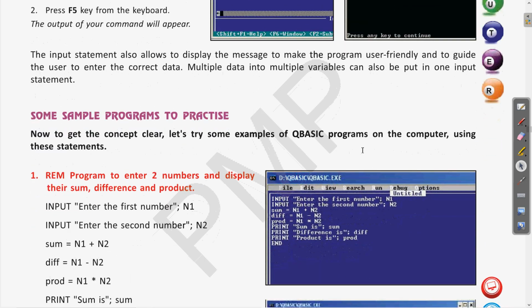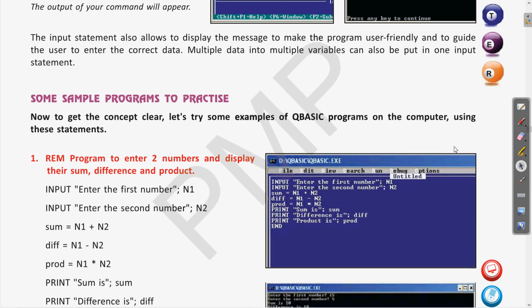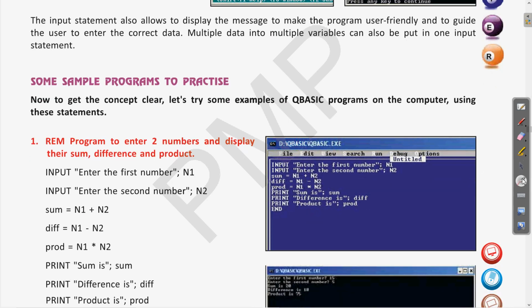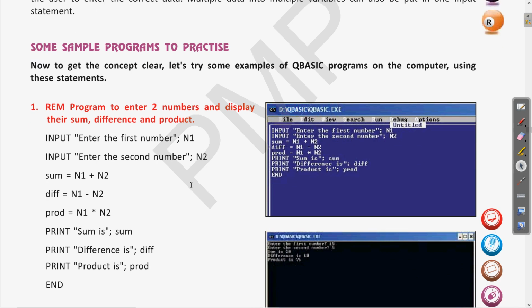So here you can see some practice programs, some for using the input. So right now we are talking about the input command. So here the program is similar to that. So suppose we want to take two numbers, then we can get printed the sum of those two numbers, the difference of those, then the multiplication of those two numbers, and for that we can use the input command. So here let us see this program once.